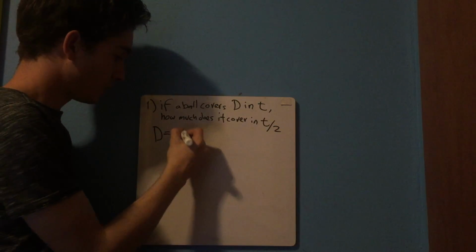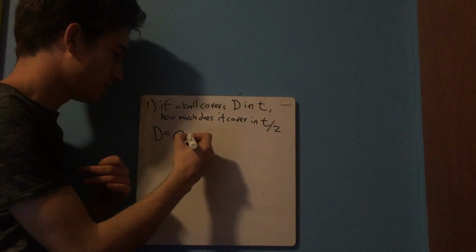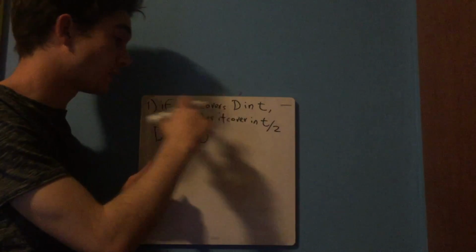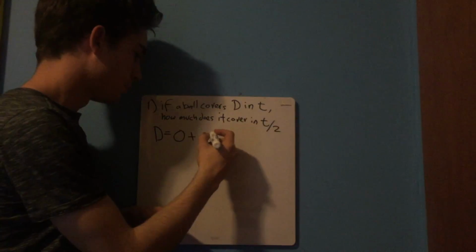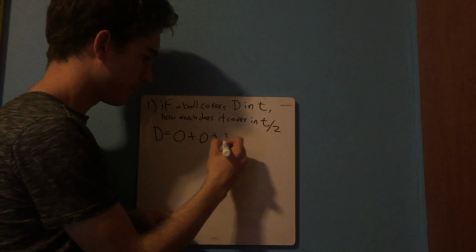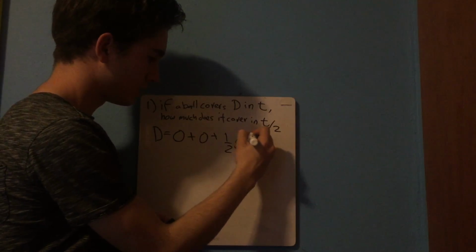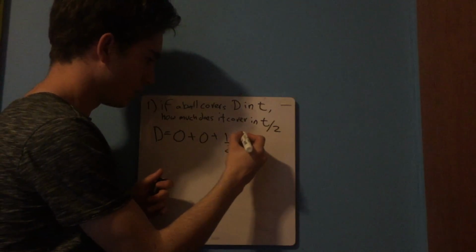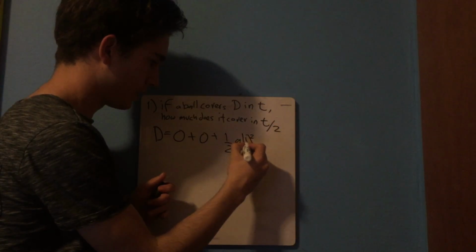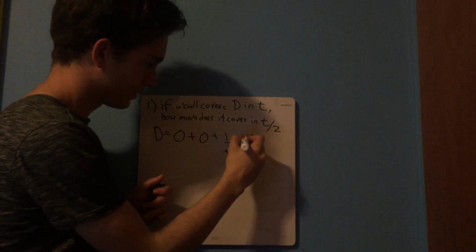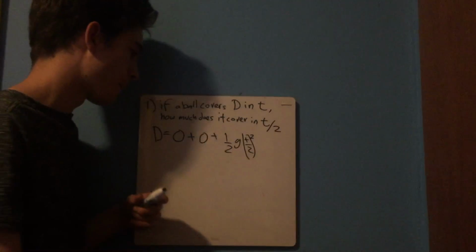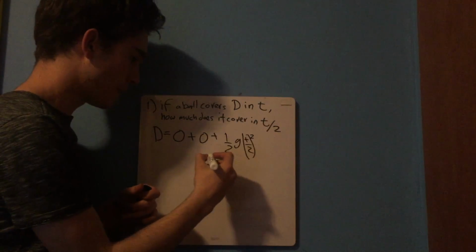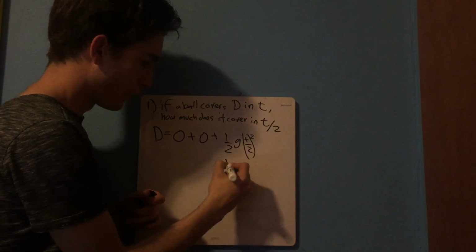equals 0 because it starts at a 0 distance, plus a 0 velocity because it starts from rest. This is also something that I didn't write here, but the problem tells us, plus 1/2 of g t squared. So if t equals t halves, we just write a 1/2 in here, all right? t halves, all right? So when we do the math here, we basically get a 1/4 outside